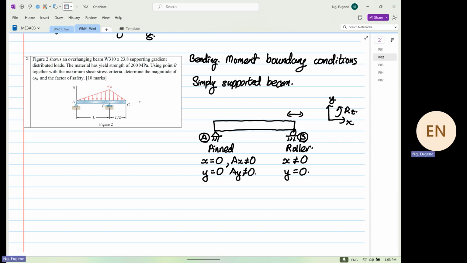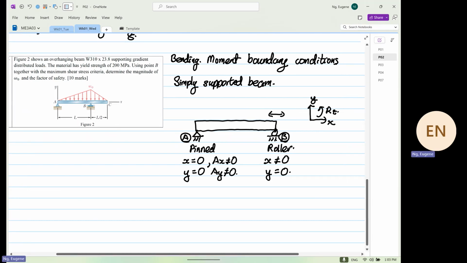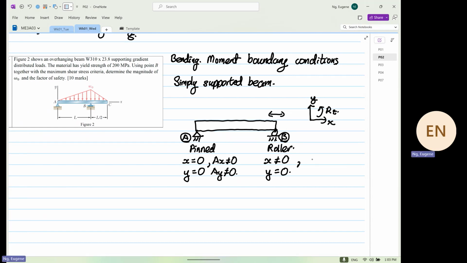Crack where? Okay. Now, you can see now on the roller, for this case, AX is equal to 0,